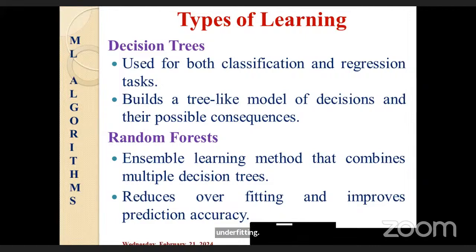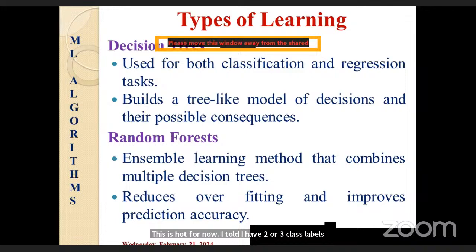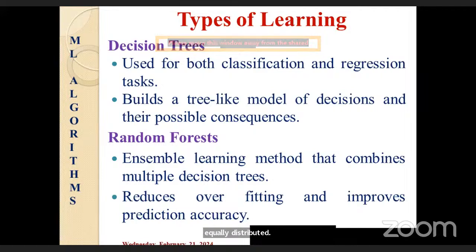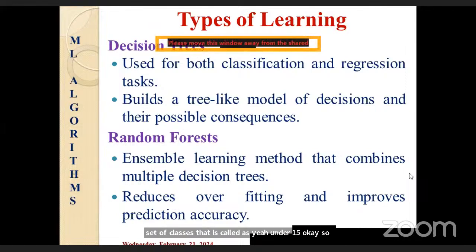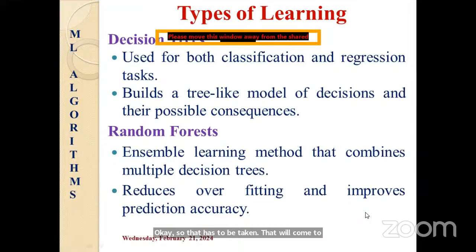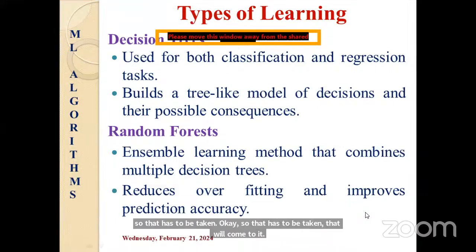I told you I have 2 or 3 class labels. For all the class labels, the data should be equivalently distributed. But in many cases, we'll have more data available for a particular class, that is overfitting, or fewer data for a particular set of classes, that is called underfitting. So that has to be taken care of. That will come in a later part. So these are the algorithms you have, and apart from that,